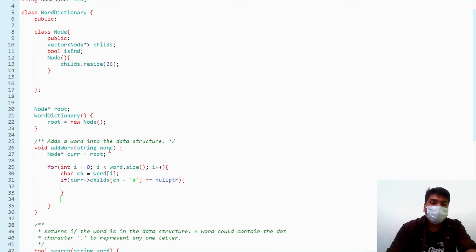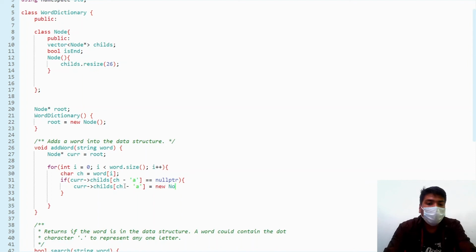If it is equal to a null pointer, at this point we will simply go to current childs at ch minus 'a'